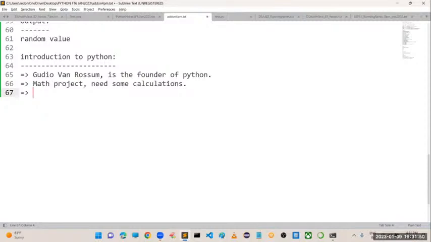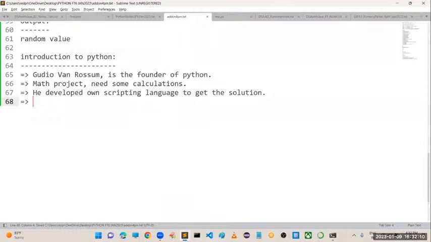That's why Guido developed his own scripting language to get the solution. He succeeded in that. But later he realized how much power that script had. That's why he converted that scripting language into the Python programming language.